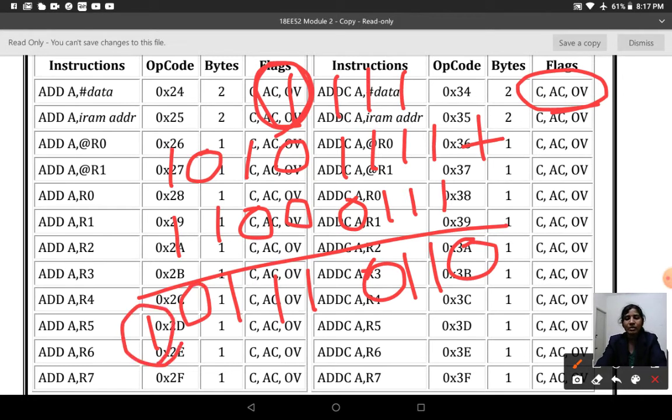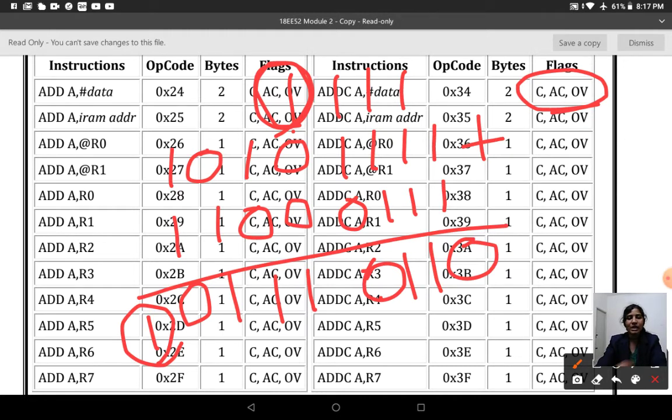After the 8th bit, if anything passes, then that is going to be your carry flag. From the 3rd bit to the 4th bit, if any carryover occurs, that is your auxiliary carry, and if any number exists after the 8th bit, that is your carry.